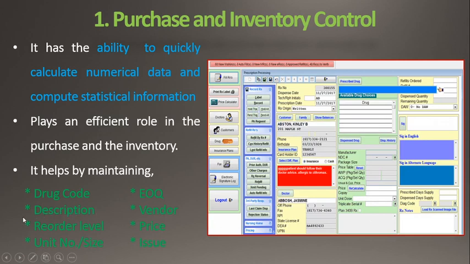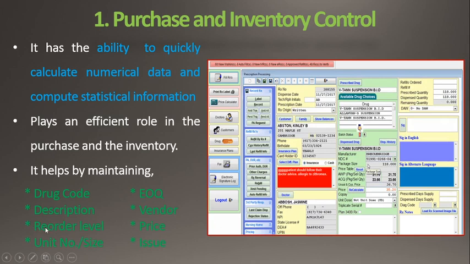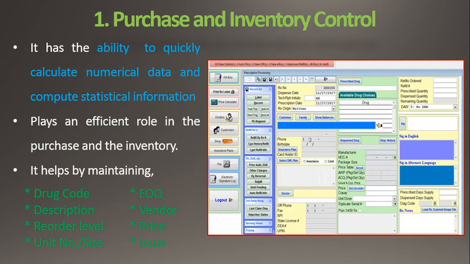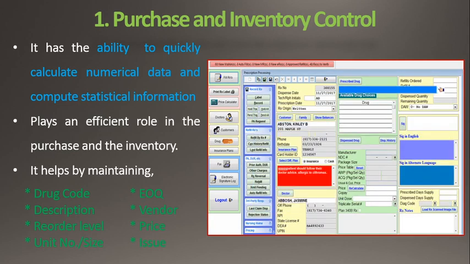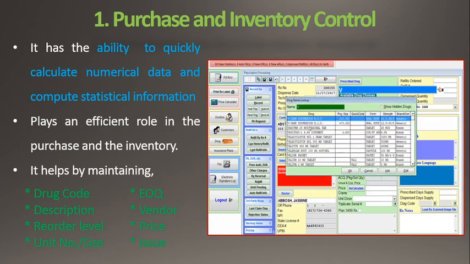Also it is necessary to add the level of reorder quantity. With the help of the reorder level, the computer will help you to order that particular medicine when the quantity of that medicine comes to the reorder point.